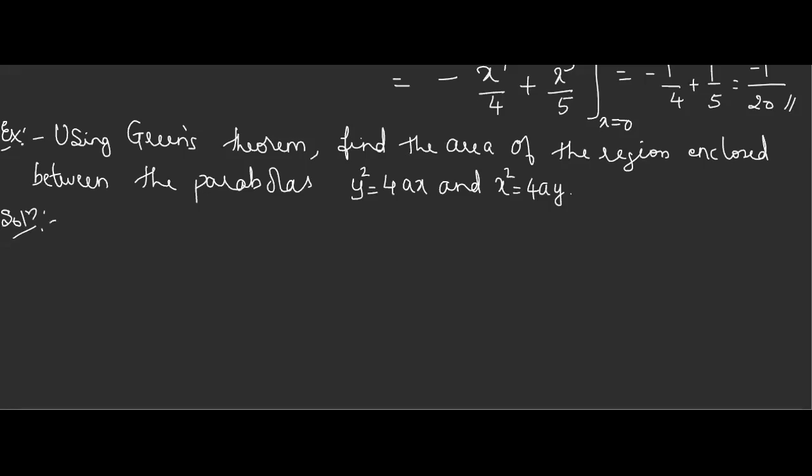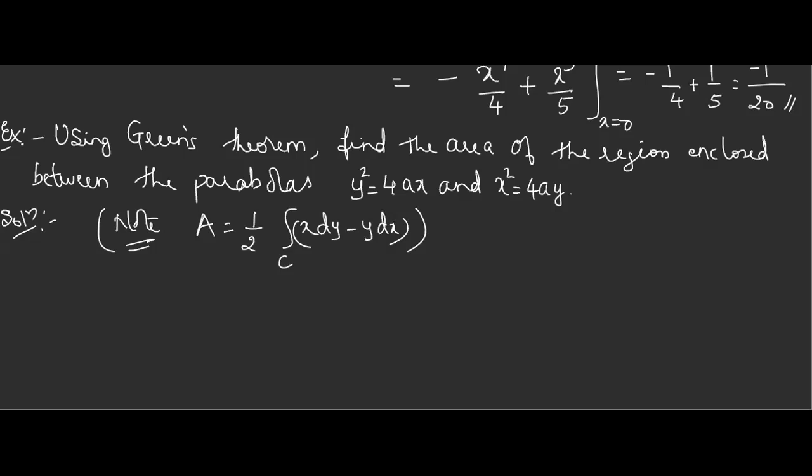See, I'll just give you a note. This is very important. Area by Green's theorem can be calculated by a formula: 1 by 2 integration over C of x dy minus y dx. This is one of the formulas. There is a derivation of this in the book, but if I derive it, it is simply a waste, because they won't ask this derivation. They'll ask a problem related to this.